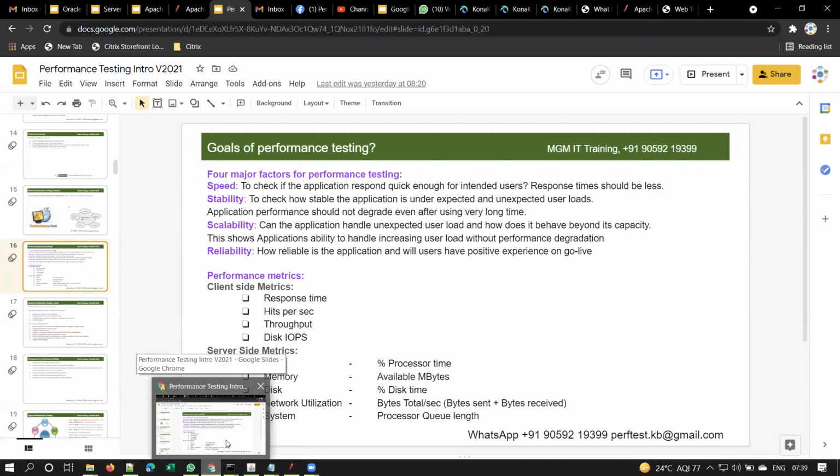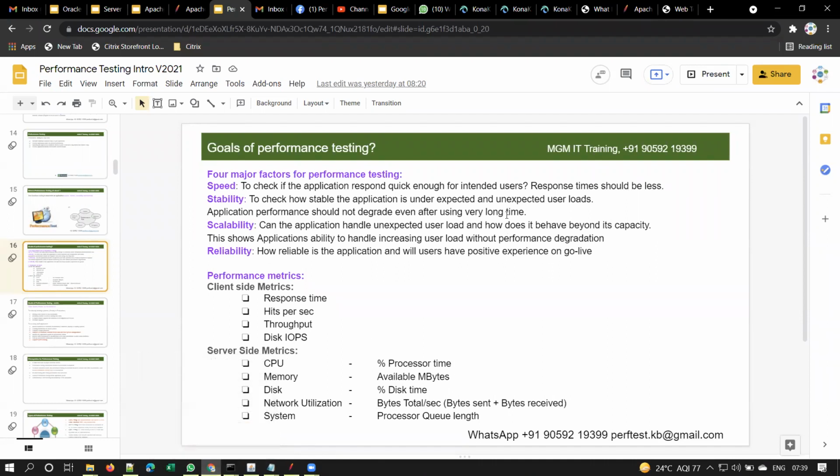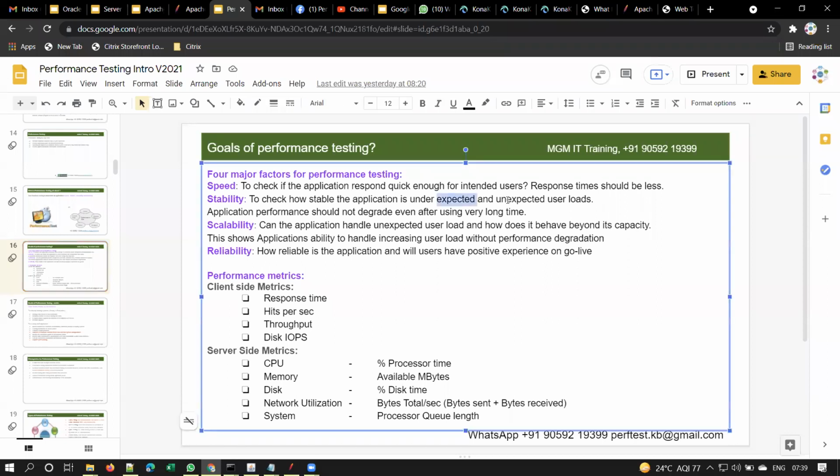So that is the expected user load. And unexpected user load is when sometimes you get more than the expected user load, right? So stability is to check how stable the application is under both expected and unexpected user load.